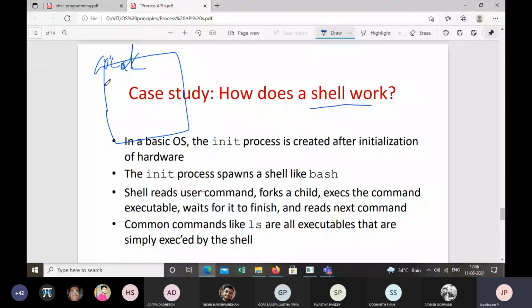Now that symbol is a prompt, and the entire screen is a shell, an interactive interface that allows the user to execute commands, right? So once the tilde and dollar symbol appears, the user enters some command and the shell will execute that.